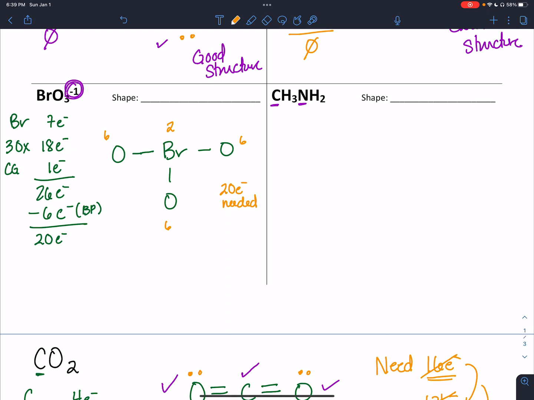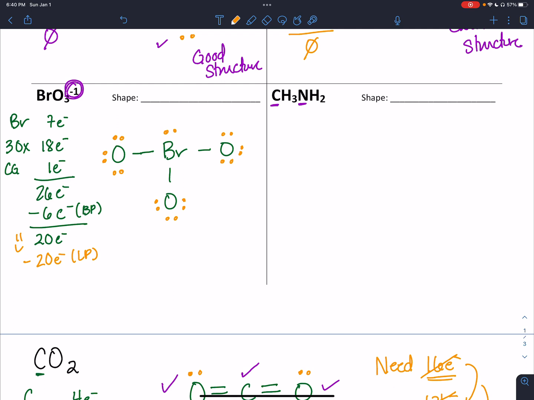All right, and if I go check my total, that's what I have. Whoops, not a sad face, that's a happy face. All right, so that means that I'm going to use those 20 electrons in lone pairs and put them on each of these atoms so that they can have their octets. So each oxygen is going to get 3 lone pairs, and then that bromine will get a single